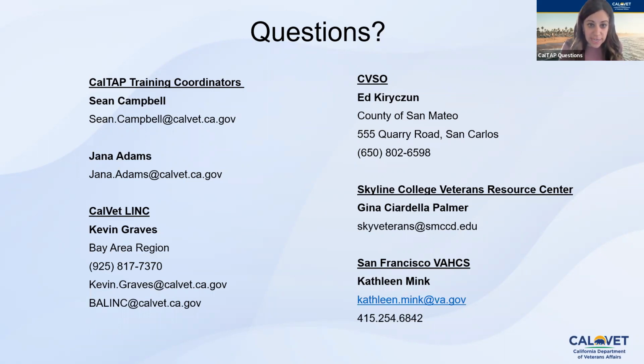So the next question is, never thought to ask this: how do VSOs and their organizations profit or stay in business while doing this for no back pay? California actually provides a subvention to each county in order to have a veteran services office. But probably the most important thing is that the counties themselves pony up the difference. So this is all paid through either the state, federal government, or the counties. And that's the reason we end up never having to charge a veteran for anything. It's wonderful.